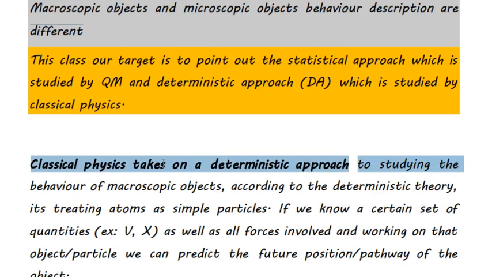Classical physics takes a deterministic approach to studying the behavior of macroscopic or also microscopic objects. According to the deterministic theory, it treats atoms as simple particles. So if we know certain quantities, for example the velocity and the position of that particle, as well as the forces applied on that particle, for example gravity or any kind of external forces, we can predict the future position and the pathway